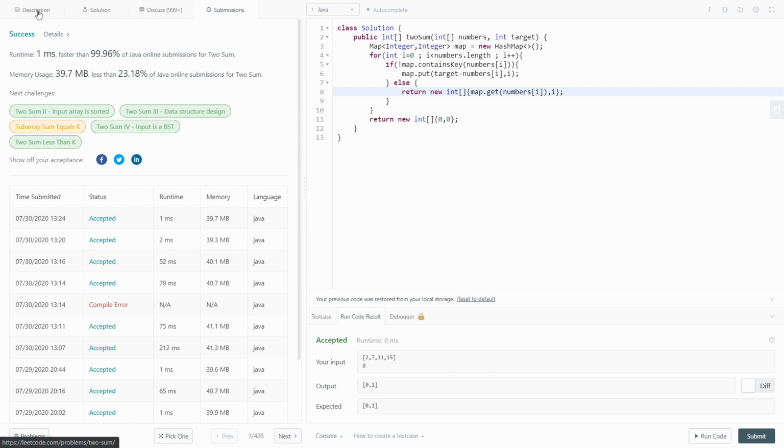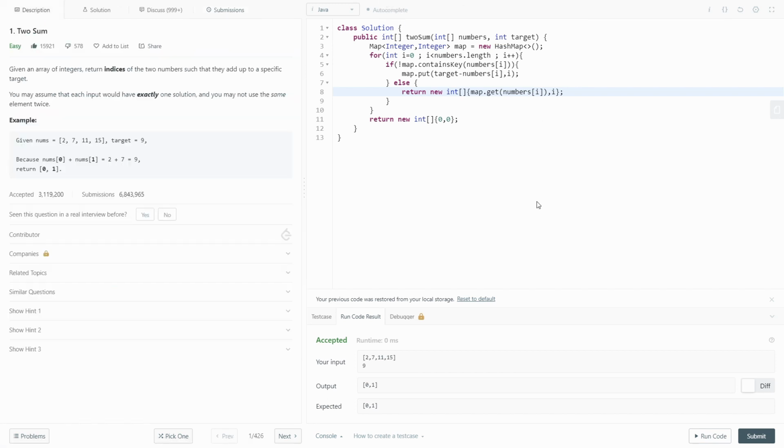Now this is what we were looking for, the most optimal solution. So what are we doing here exactly? Let's try to understand it using an example. For integer i equal to 0, our zeroth element is 2. First it will check if our map contains the key nums[i], which is 2. No, it doesn't.